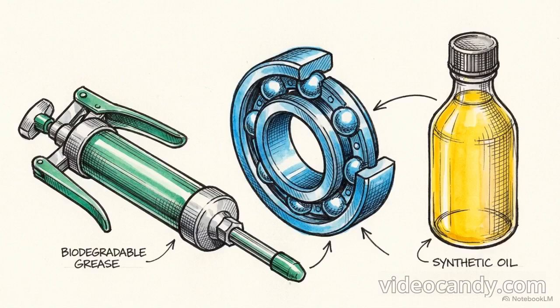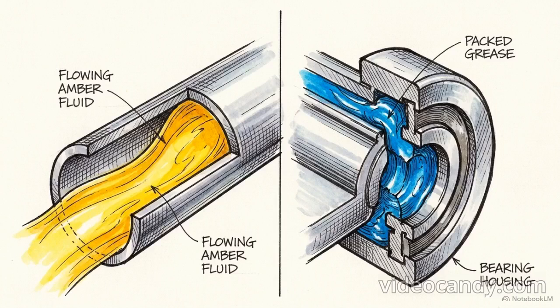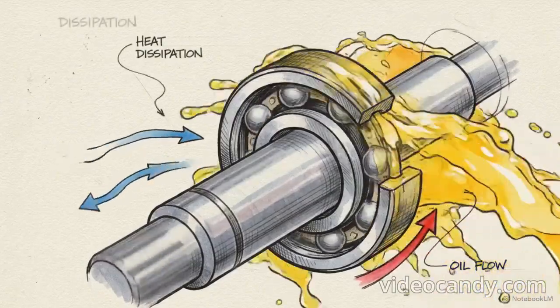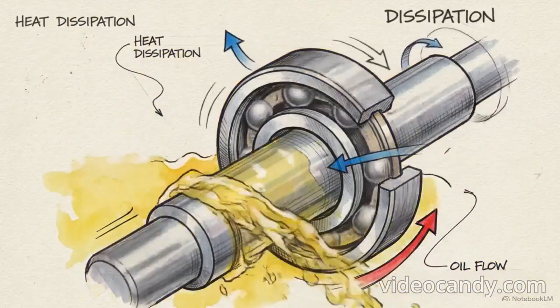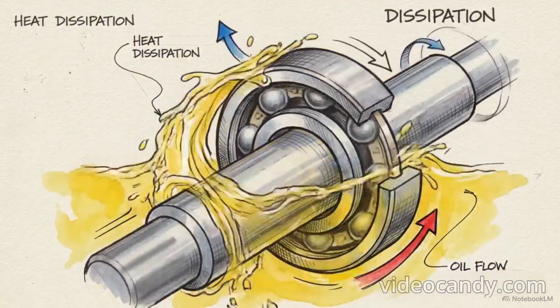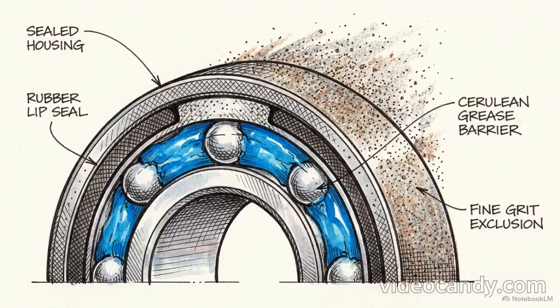A bearing's actual operating life depends on two final variables: environmental maintenance and chemical lubrication. To prevent friction damage, bearings require either oil or grease, and each serves distinct operational functions based on speed and temperature. High-speed applications generate massive excess friction, and they require a constant bath of circulating oil to actively carry that destructive heat away. Slower, sealed units rely on packed grease, which requires no replenishment and acts as a physical barrier